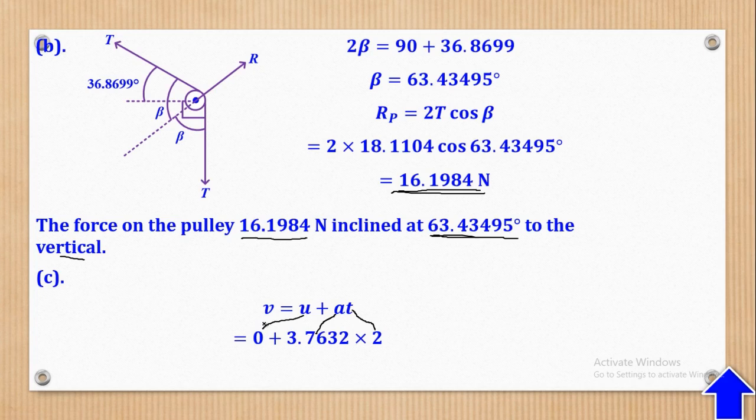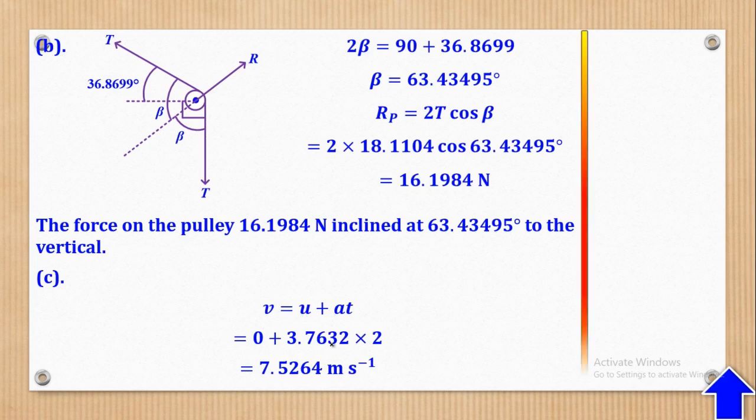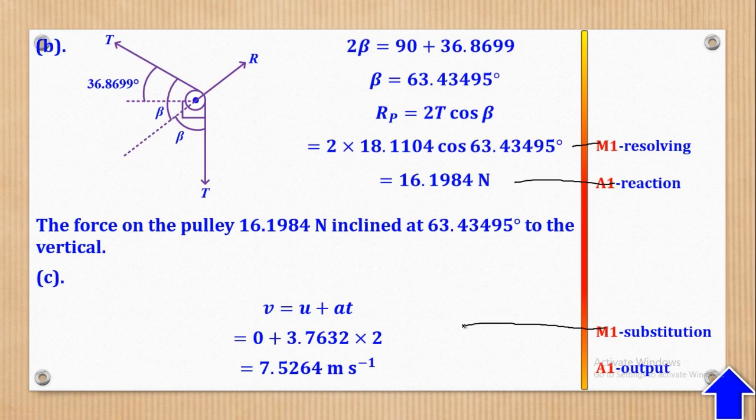So when I use the calculator, I'll come up with my value of V as 7.5264 meters per second. So basically, that's what they wanted, and now let's see how marks can be awarded. M1 for resolving, A1 for reaction, and M1 for this,